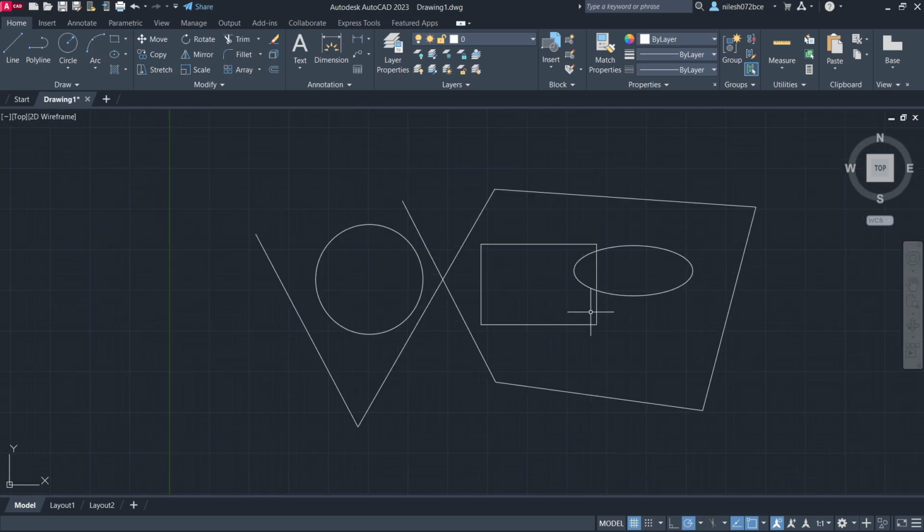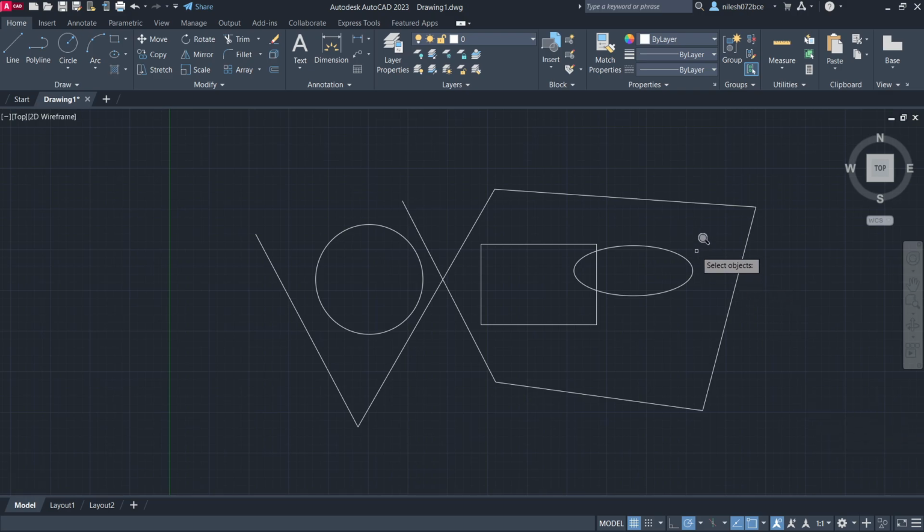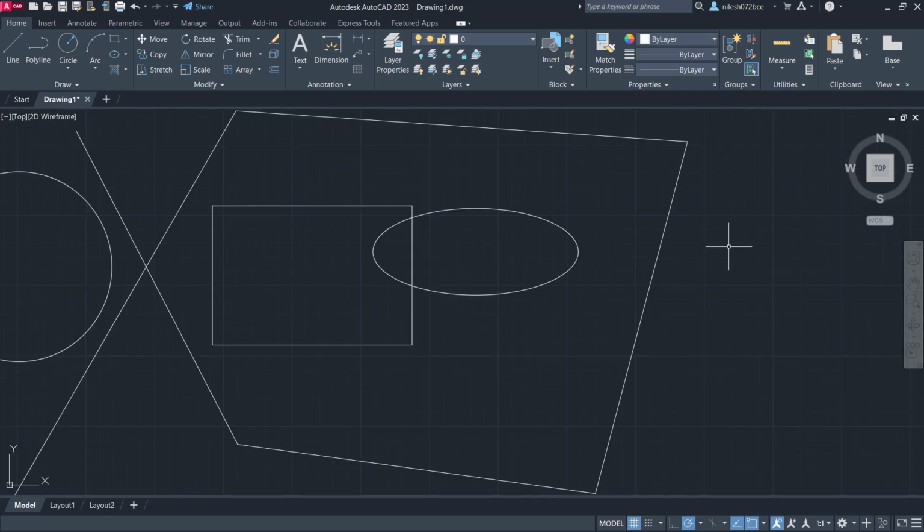You can see here the drawing. And again, for example, if you want to zoom any object, you can see here the option zoom object. Now if you click it and then select any object, that particular object will only be zoomed. For example, if I select this object and enter, then you can see that particular object is zoomed and not the others.